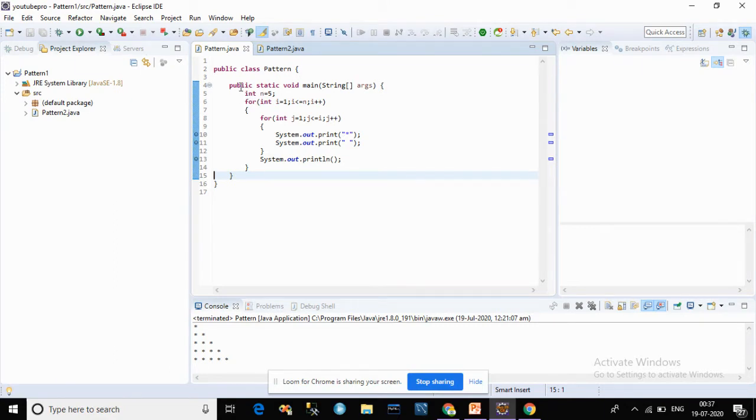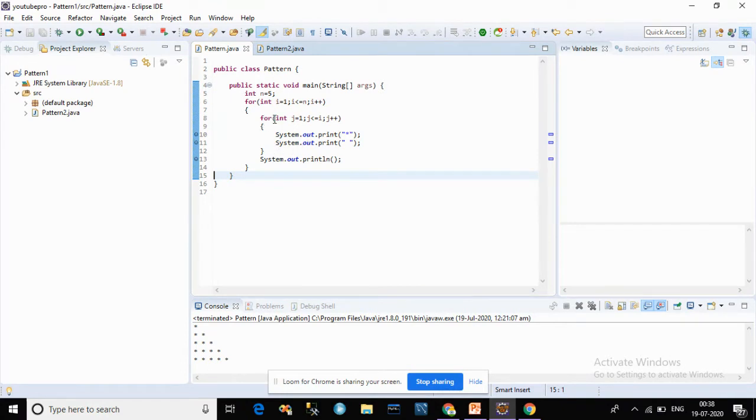First, this is the main method. Inside that main method, we have declared one variable n equal to 5 because we have 5 rows and 5 columns. After that, the for loop, that is the outer for loop. For that, we have i equal to 1 to i less than or equal to n because we have to go till the nth index. So from 1 to n, this outer loop declares the rows. After that, the inner for loop is for printing the star, or for the column. It goes from j equal to 1 to j less than or equal to i, because